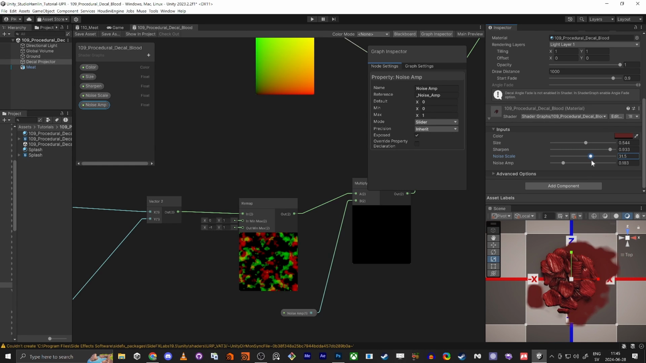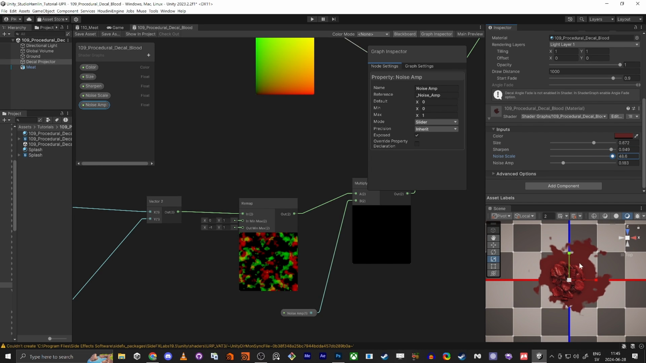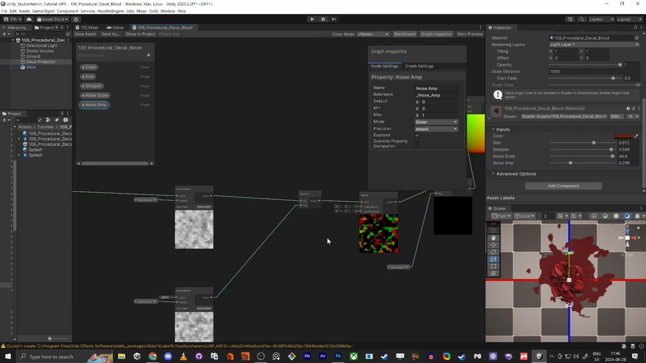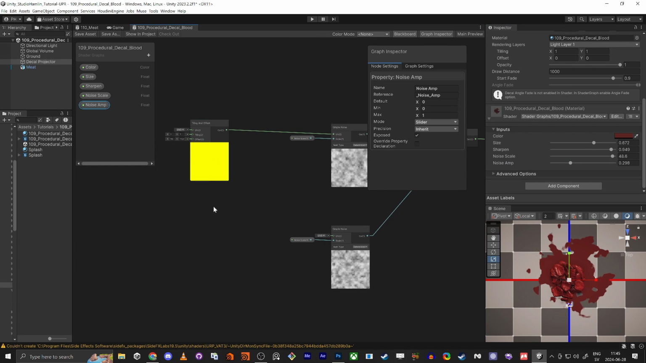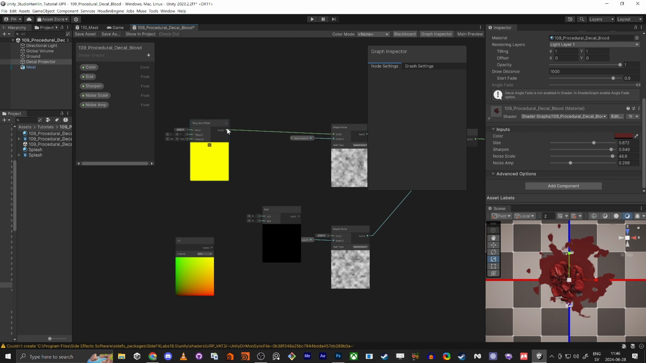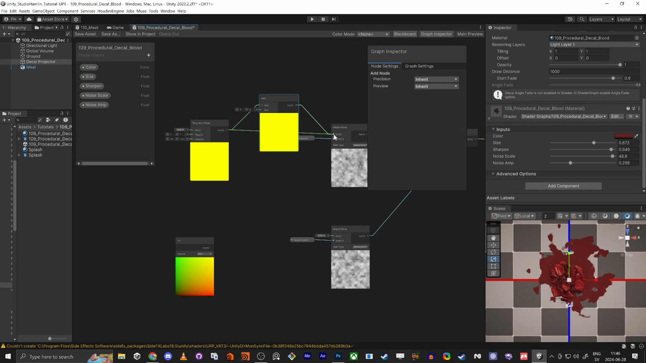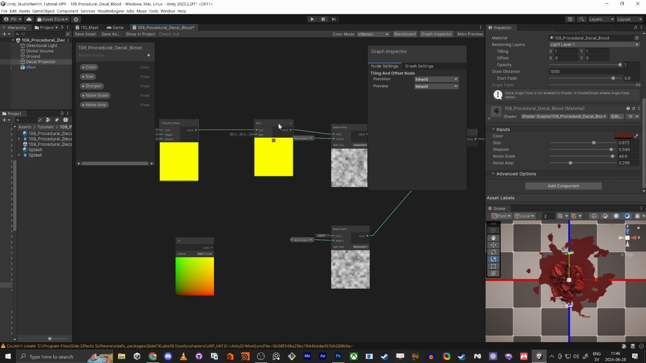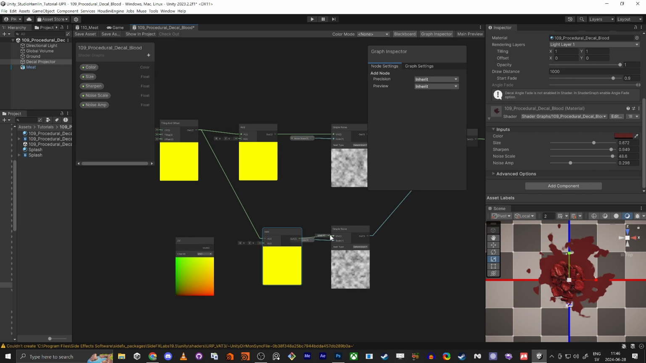And also what you can do is, maybe you want to offset the noise because you're really happy with the scale of the noise. You like it to be like this. But then you have another decal and you don't want them to look the same. So what you can do is offset the noise. And actually we need a UV here. So now this noise is going to have an offset. So we do like this,